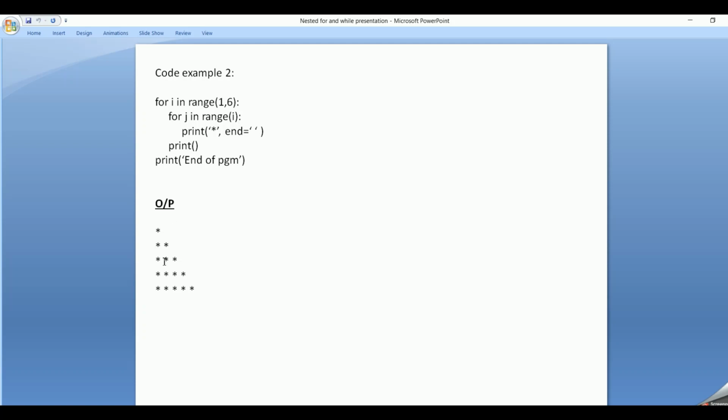So we have 3 asterisks, 0, 1 and 2, and then it comes to the new line and prints 4 asterisks and then 5 asterisks. And once i reaches the value 5, it has reached the end of the range. So it comes out of the loop and prints end of program.